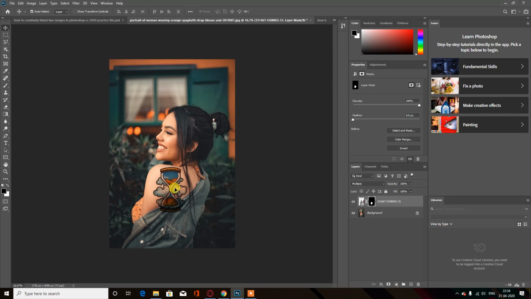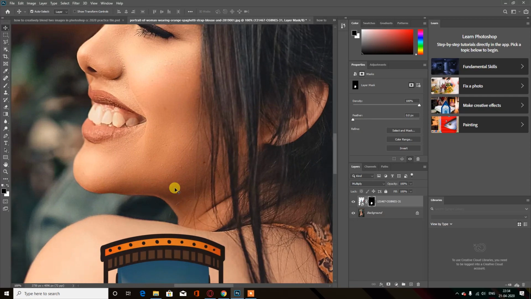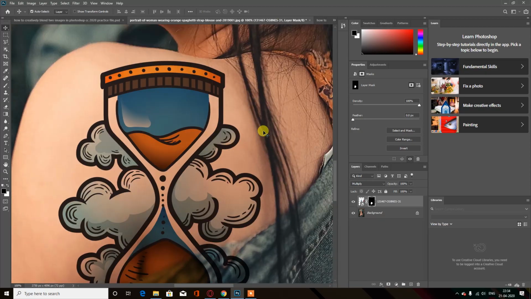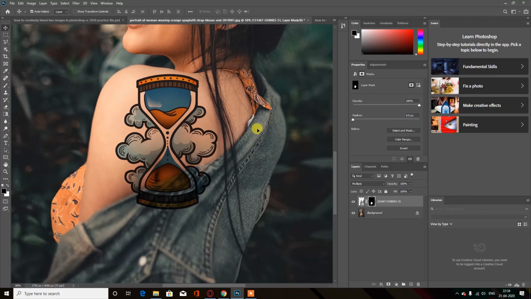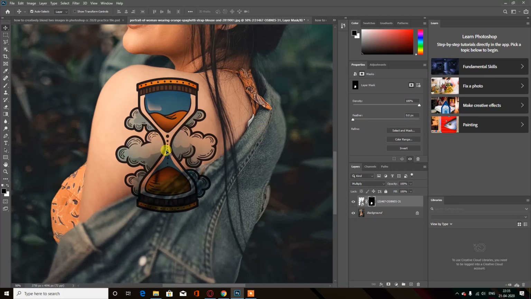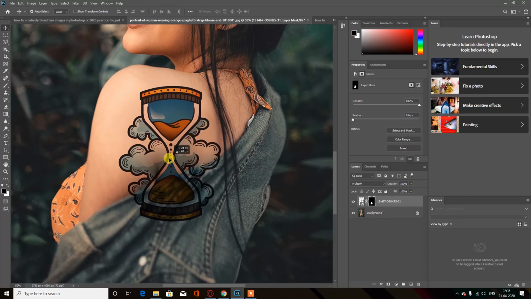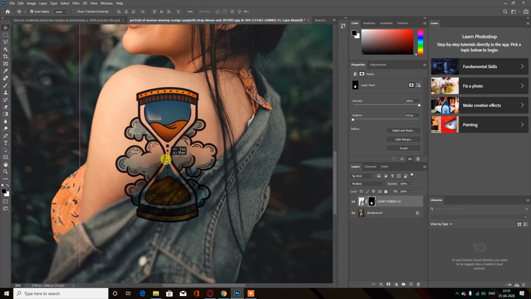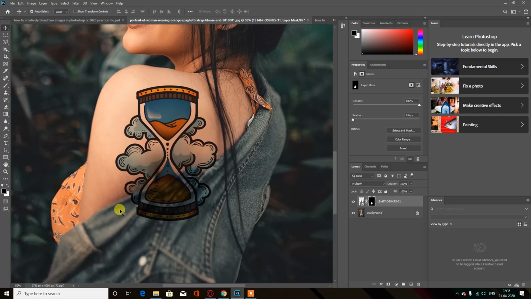At this time I am going to press Ctrl 1 to zoom into 100% of this document. So this was the first step of the compositing. Here I will bring it down like this, and now I will subtract this area from the selection.